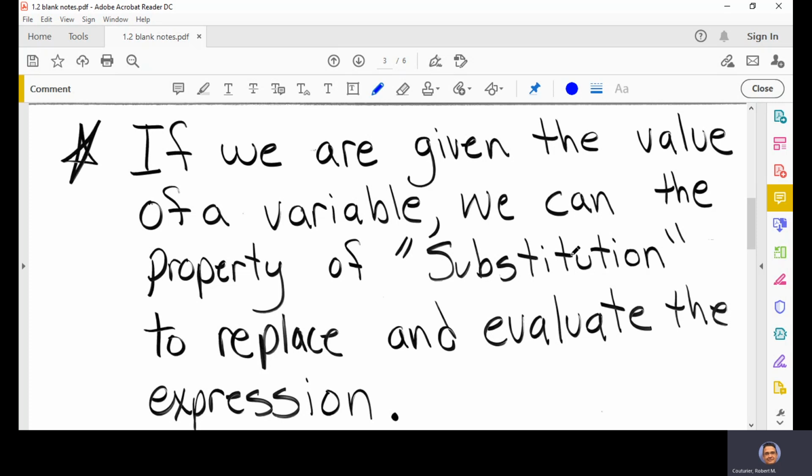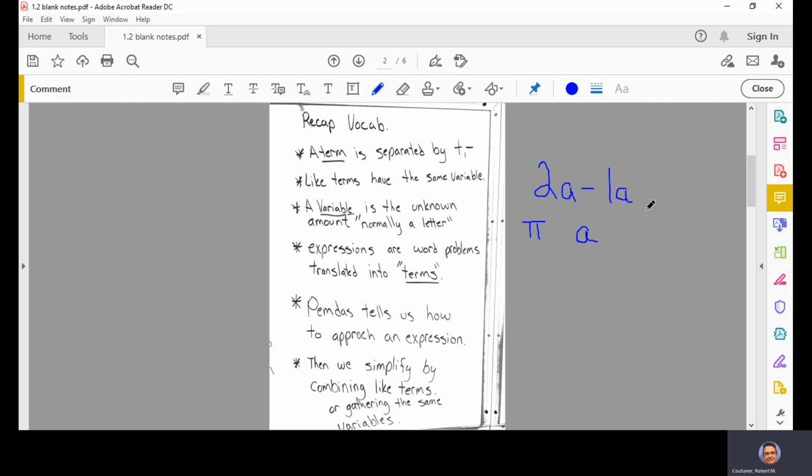Something that's key in algebra, and this is a note, that's why it's starred. Make sure in your notes, whenever I have things that are starred, highlight them. It's very important. If we are given the value of a variable, we can then use the substitution property to replace that value and evaluate an expression. For example, if we went back to this problem, say we don't know what A is, but if I told you A